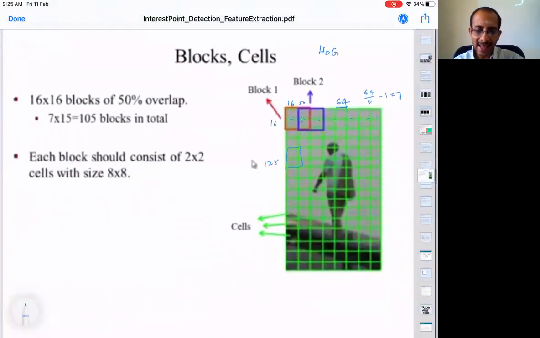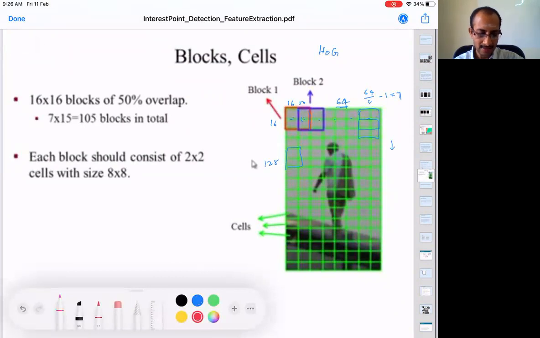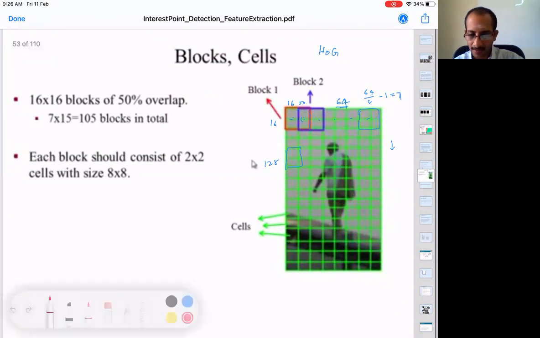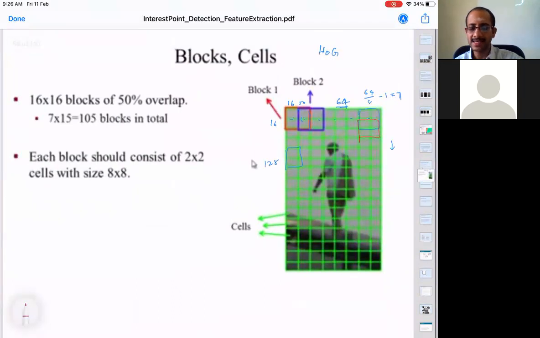Now along the vertical direction, how many do we get? If we go again with 50% overlap and 16 cross 16, how many do we get? 15. Because 128 by 8 minus 1, that is 15 we will get. For each 8 cross 8, you can consider one. So except at the boundaries, it is 15. So the total number of blocks we get, where we are taking histograms, is 105